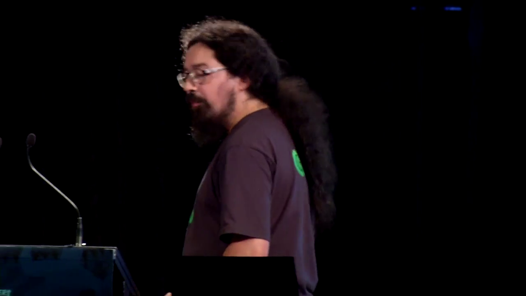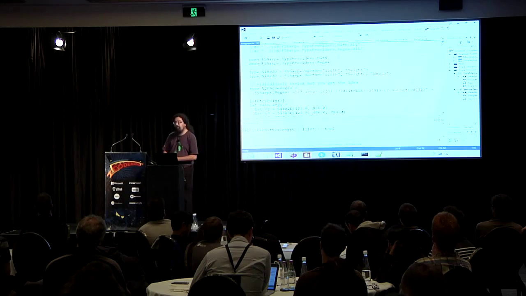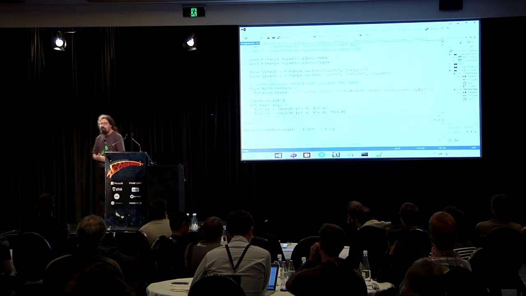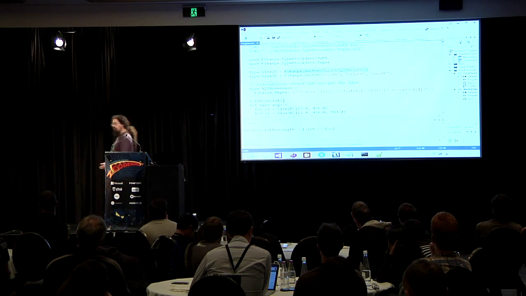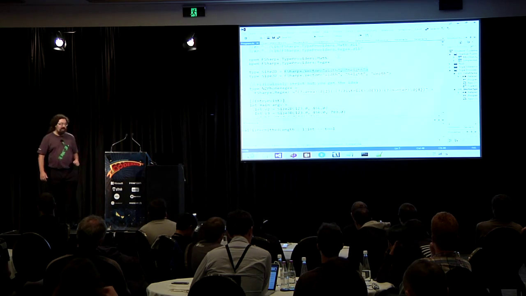Well, with F#, you can get rid of that boilerplate by using a vector type provider. This particular one is in the FSharpX project. It's an open source project. You can get it from GitHub. It's got this vector type provider where you can pass it the names of the fields that you want, and it will give you a vector type with the appropriate number of fields and the appropriate names for those fields. So Size2D and Size3D are types. They are vector types. They're not instances.